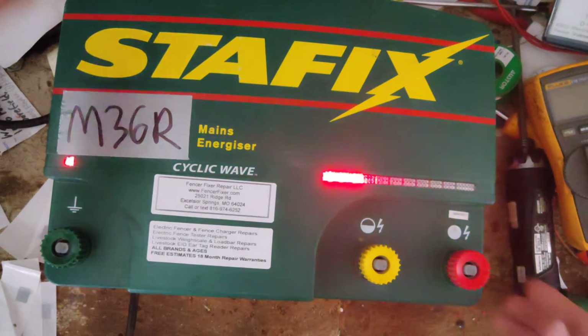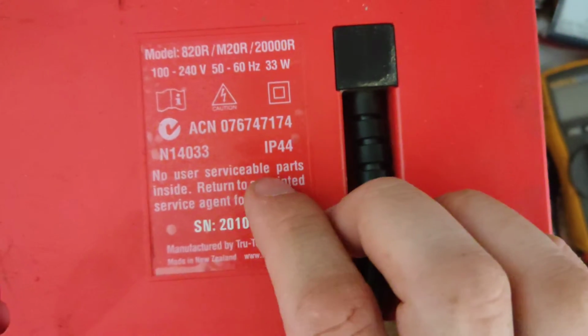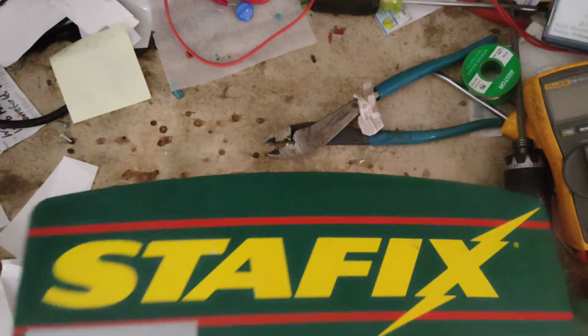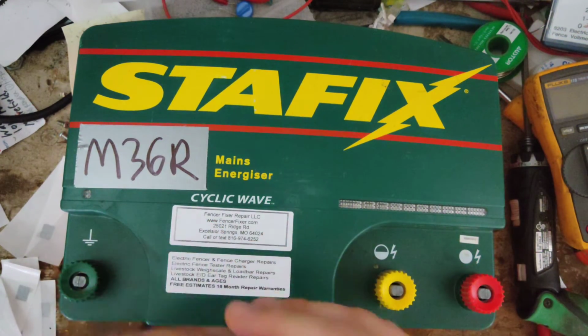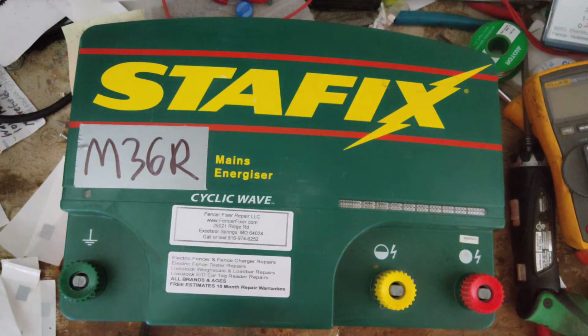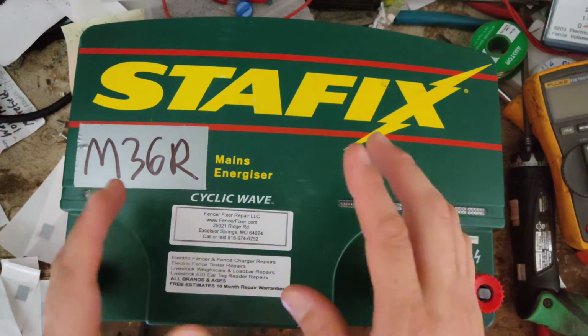They don't recommend that the everyday Joe just work on the thing. There's just so much going on inside there. I think they even write on here, yeah, no user serviceable parts inside, return to an appointed service place. So you know, it's better to send it to a place like me that works on these things for a living, that does it every day, versus just trying to open it up and mess with it, and there's nothing you can really do to it